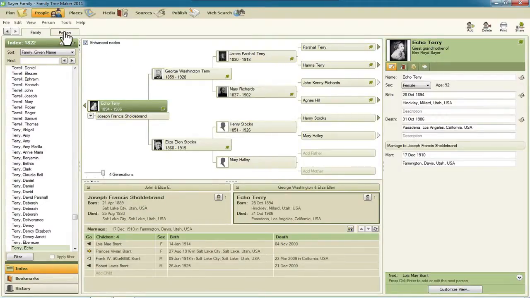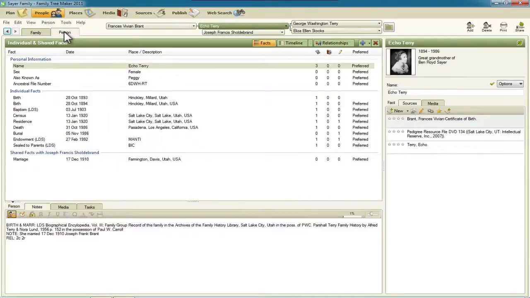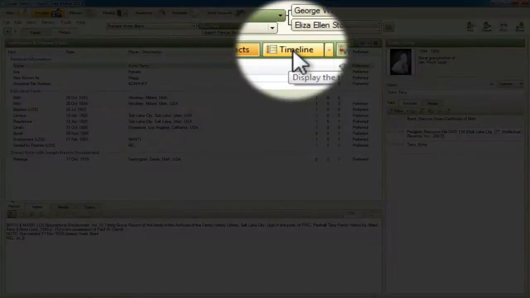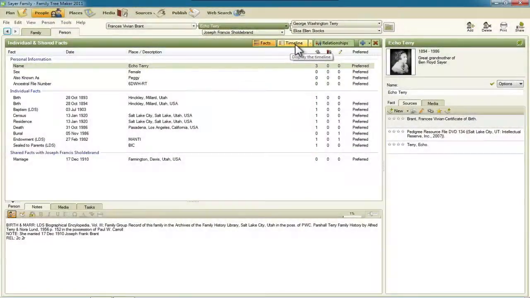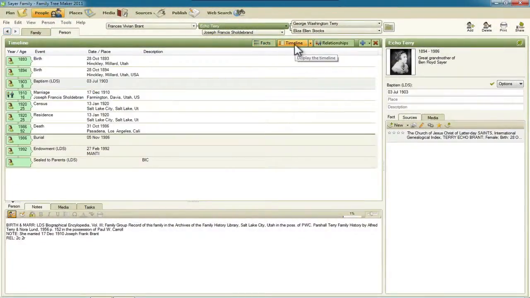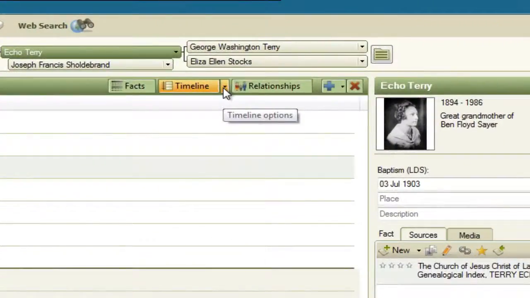So I could publish a timeline report, or you can also see it on the Person tab. So I'm going to go up here on the Person tab and click that. And then up here on this little mini taskbar, there's this choice for timeline. I'm going to select that. Now this shows all the events in her life, but right now the world history events are not included. So right next to the timeline button,